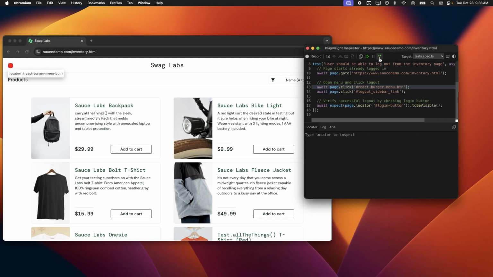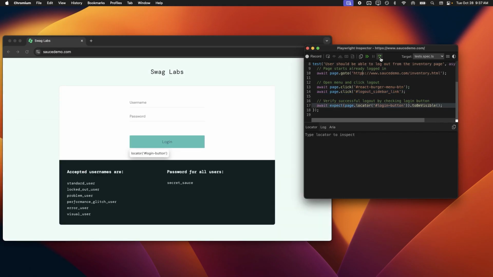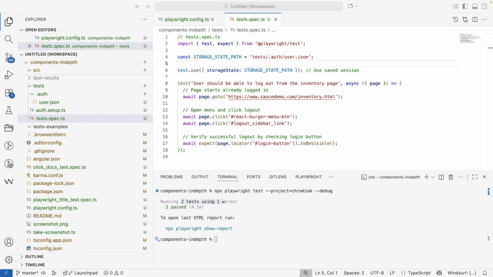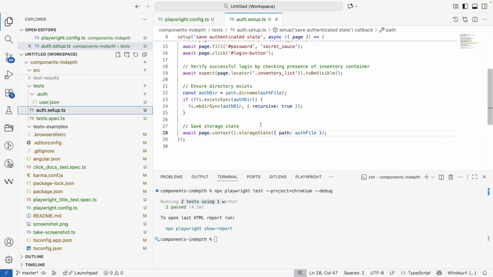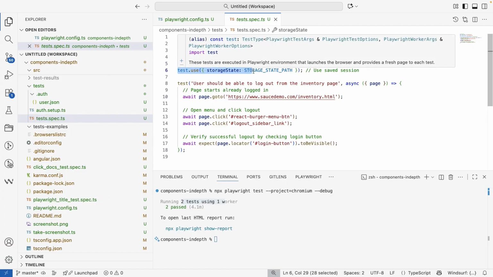So here you directly go to the home page or whichever page inside the logged in application, and then here we are going to see, and this also proves another way that we see the logout button. That means the application was logged in automatically and we have logged out, and we are checking the login button is there, and that's it. So that is how you do the ordering. So you have one file for logging in and saving the information of the session, and then all the rest of your tests can use that saved session,